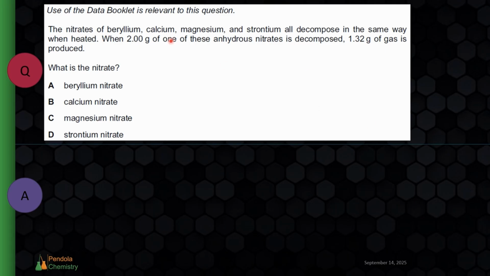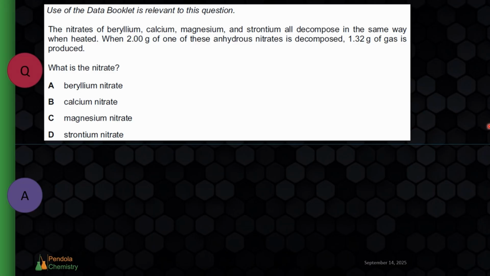Now, one thing I did want to point out about this question is that it says, use your data booklet. Data booklet is an old thing that we used to use. Now we'll say something like use the periodic table. But all this means is use the periodic table, because you're going to need the molar masses of some of these. So don't be afraid when they tell you use your data booklet, or use your reference sheet, because a lot of the time it just means use your periodic table in order to do this. So again, let's look at